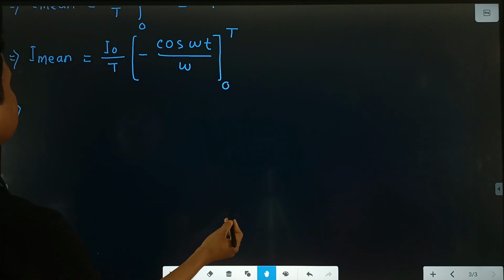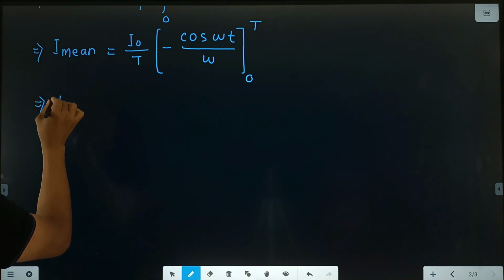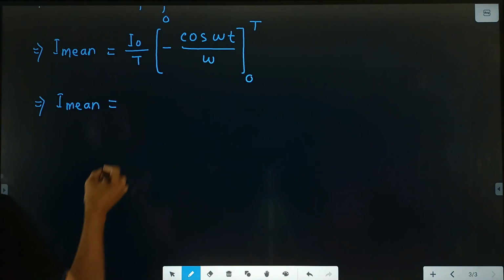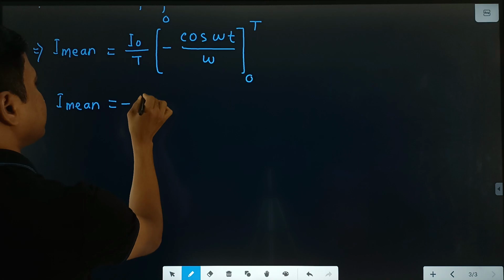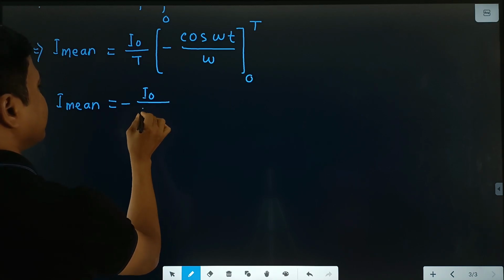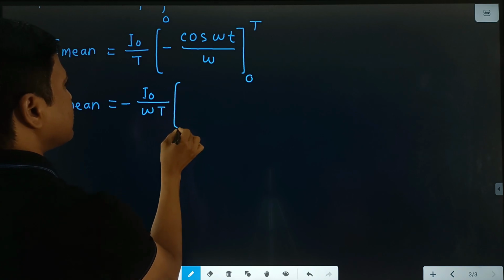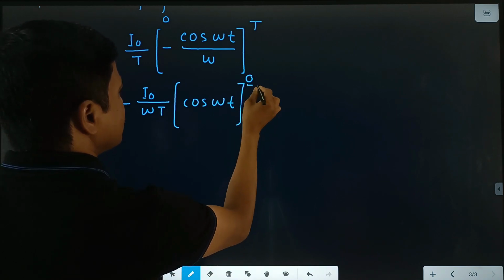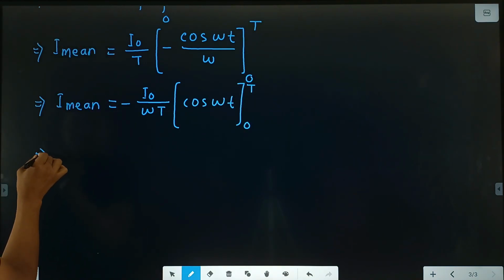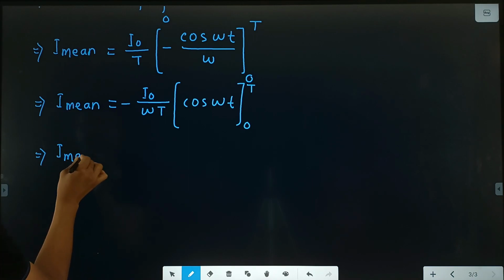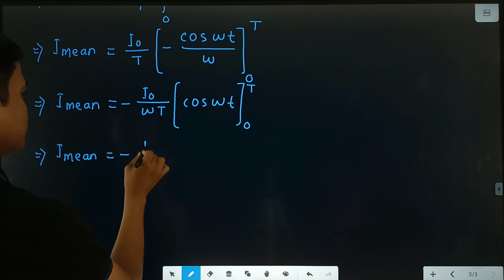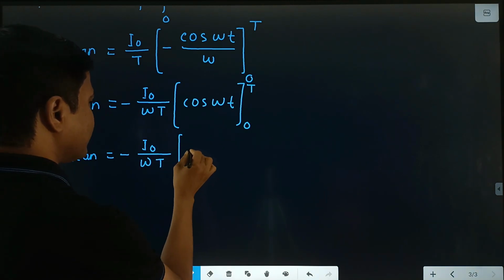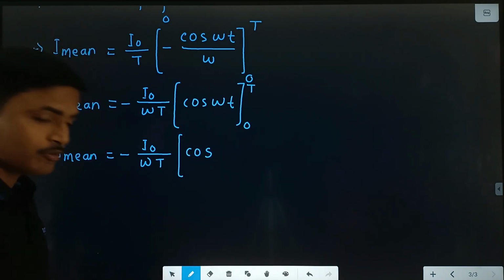That implies we write I mean, or average value, is equal to, we take omega outside of the integration, that is minus of I0 divided by omega, cos omega t, and its lower limit is 0, upper limit is capital T. That implies I mean is equal to minus I0 divided by omega multiplied by cos, in place of omega we write,